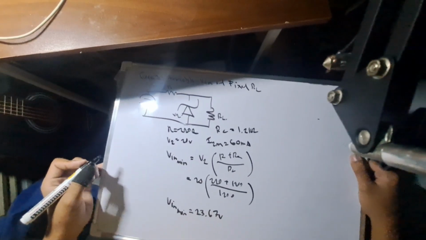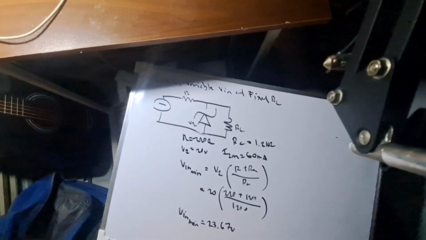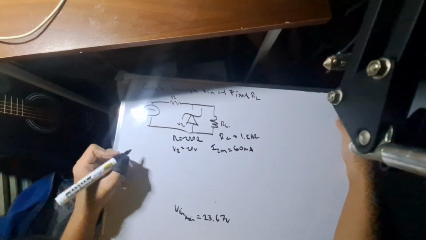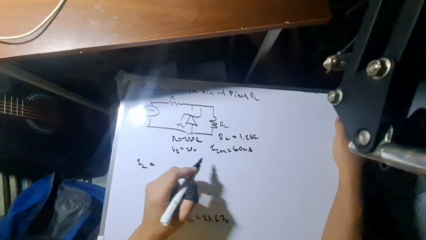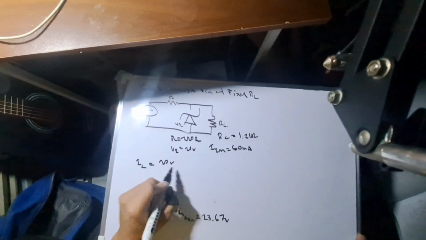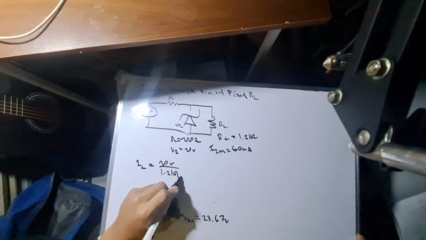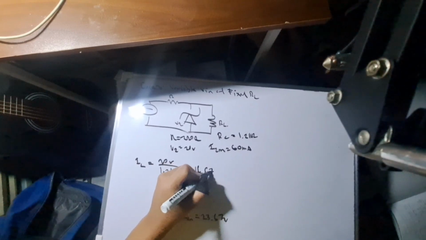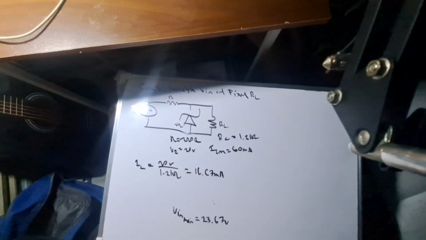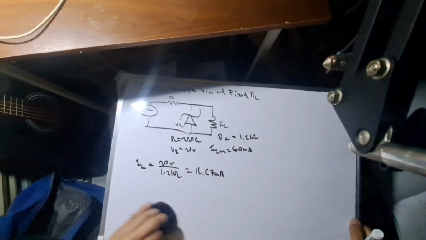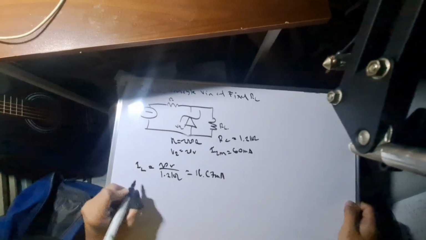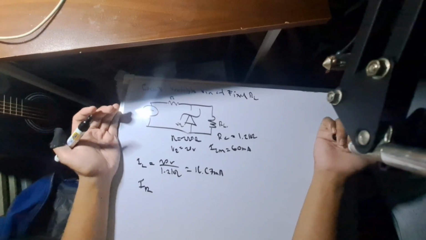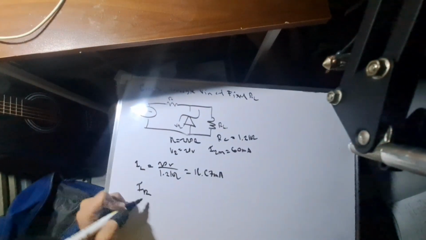Hindi ako nagkakamali. So, kunin naman natin ang ibang values nito. So, let's kunin naman si IL. IL is equals to, ang Zener natin is 20 volts all over 1.2 kilo ohms. Therefore, ang IL natin is 16.67. So, kung kanina di nag-iiba si IR, din naman di nag-iiba si IL. Sabi ko nga. So, if that's the case, we have IR, pero wala nga unit to. Hindi niya sinabi kung maximum ba siya or minimum. So, gamitin natin siya as maximum. Therefore, we can find IR max as